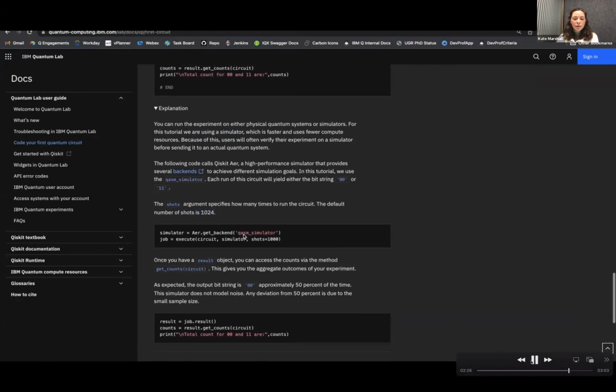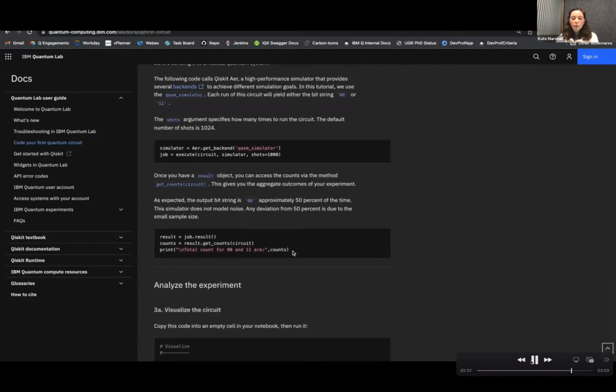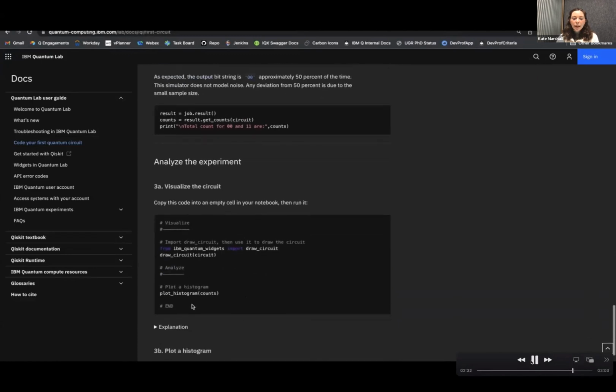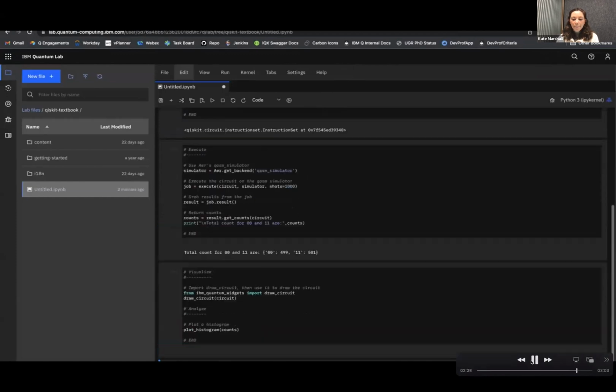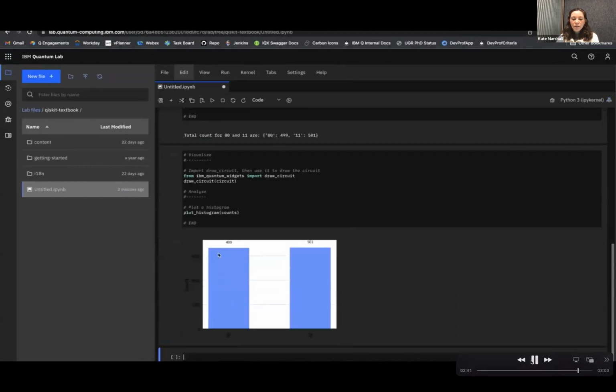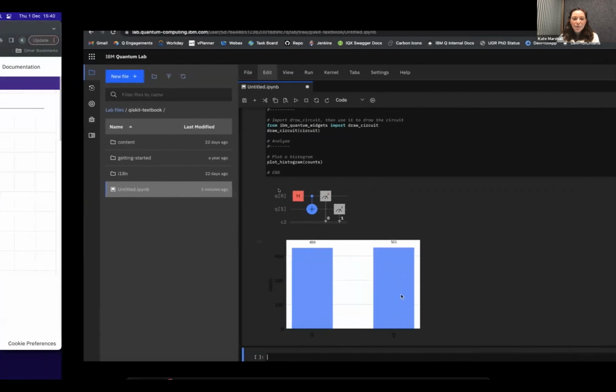And then in order to visualize our results, we can actually plot them as a histogram, which is what we'll do in this next step here. And we can also draw the circuit so we can visualize it as well. So I'll just let that cell paste there. And we can see there the histogram of our results and the visual of our circuit. So it really is easy as that, which is, I remember the first time I saw this, I thought, gosh, I didn't know it was so easy to get involved with programming quantum computers.